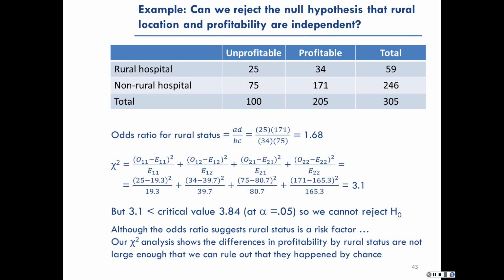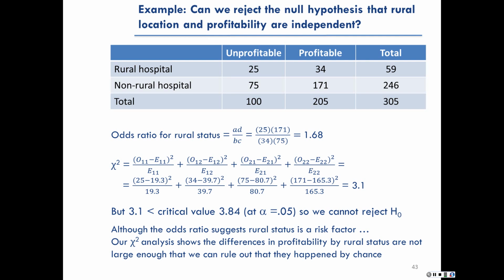We went over this in a prior lecture, but you can see I have the formula for the chi-square test there, right? You're taking the observed minus the expected value squared for each cell and dividing it by the expected value for each of the 4 cells in the table. Remember, you calculate the expected value for each cell as the product of the row total and the column total divided by the overall n, the table total in the lower right-hand corner there. So you do that for each cell. You take the square of the observed minus the expected divided by the expected, and here we get a chi-square